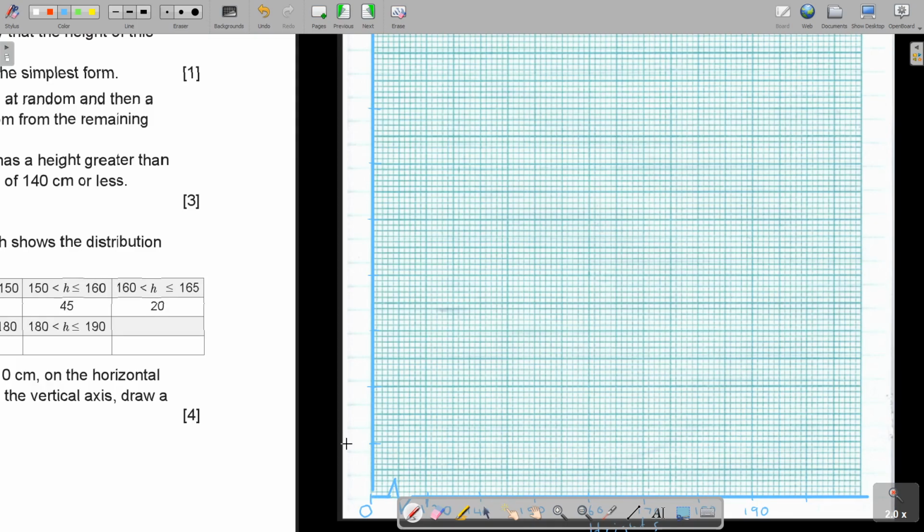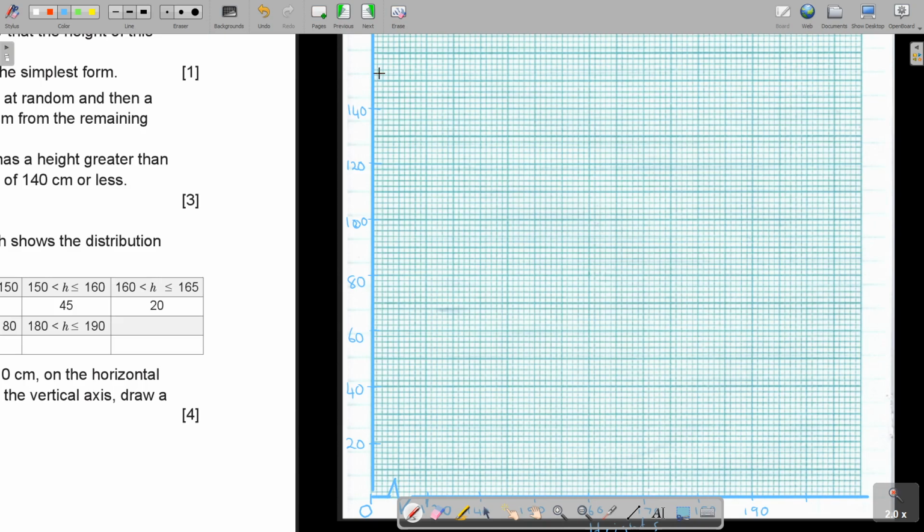Okay. And this is 0, and this is 20, and this is 40, and this is 60, and this is 80, and this is 100, and this is 120, and this is